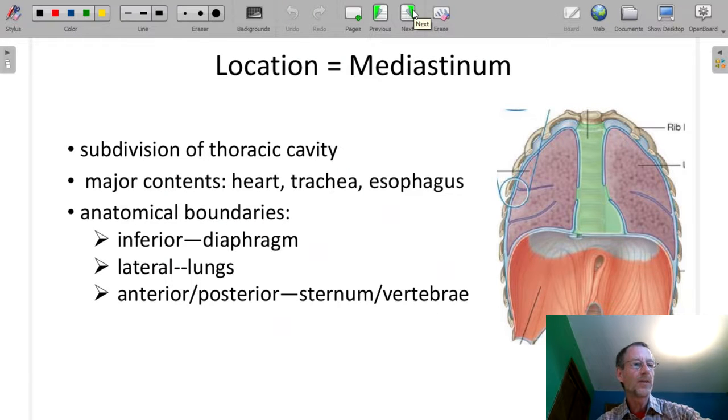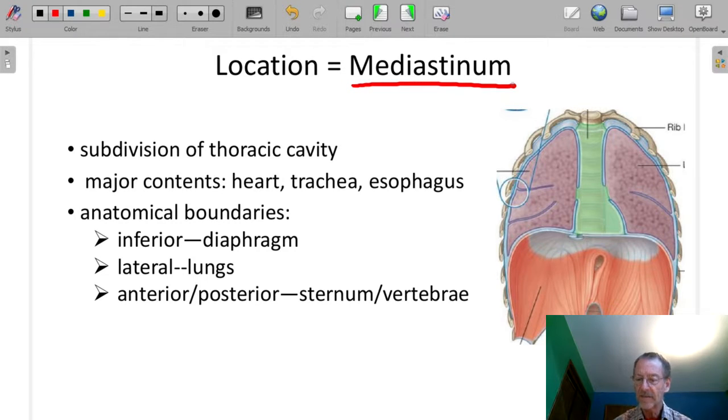So let's start with just the location of the heart. It's in a cavity, a subdivision of the thoracic cavity called the mediastinum. And the mediastinum is in the center of the thorax. So its anatomical boundaries start there. If this is the diaphragm, which it is, it's pointing to the brown, large, dome-shaped muscle, and the diaphragm